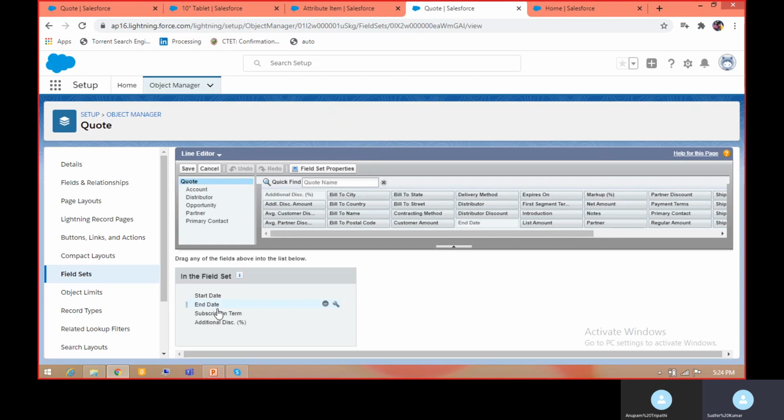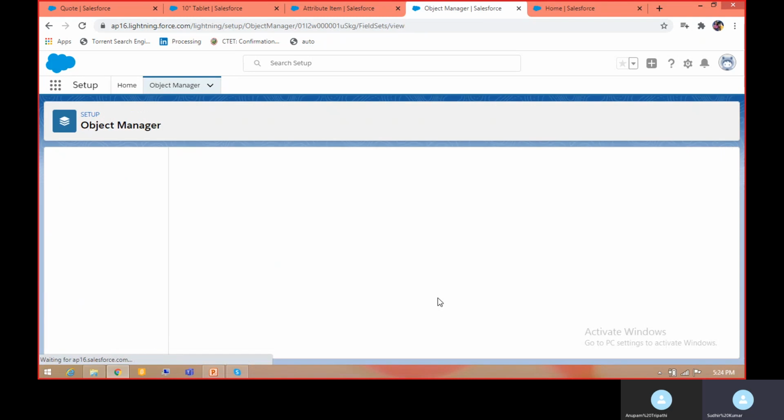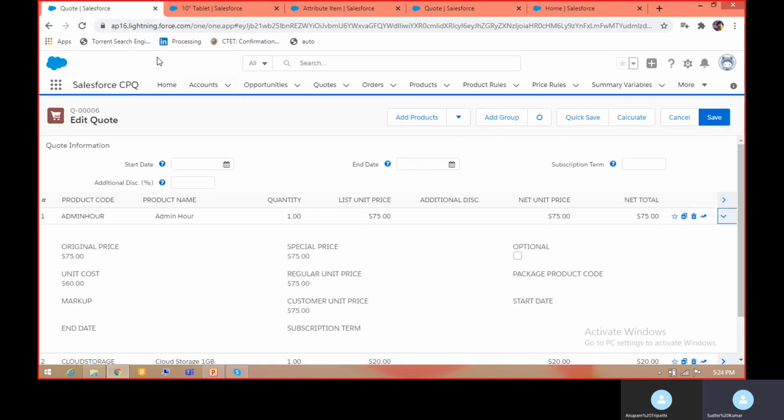If you see over here start date, end date, subscription term, and you want to add one more field, net amount, just save it and refresh the page.